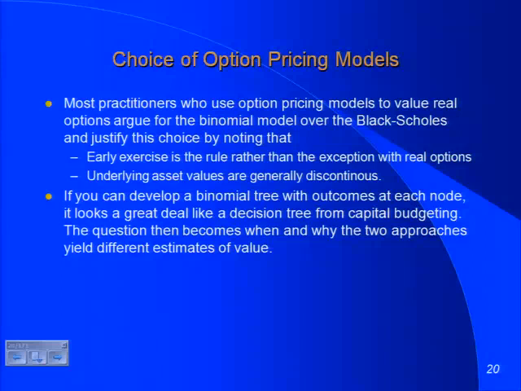The only problem with using a binomial model is when I drew the model, I needed to specify the prices at every stage, right? You try doing that with a real option, and you're very quickly going to recognize that while in theory a binomial model is better for pricing real options, in practice actually populating that binomial tree is a nightmare. I'm actually going to use a Black-Scholes model for every one of these real options.